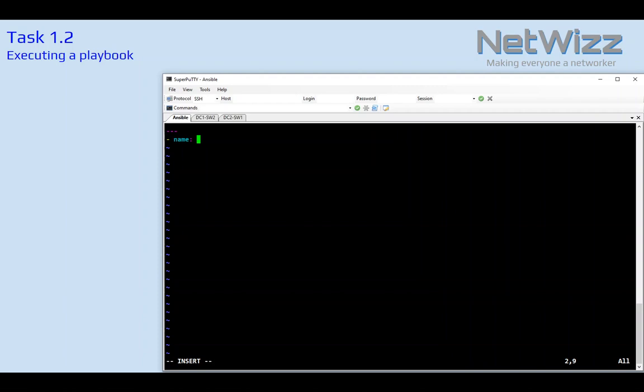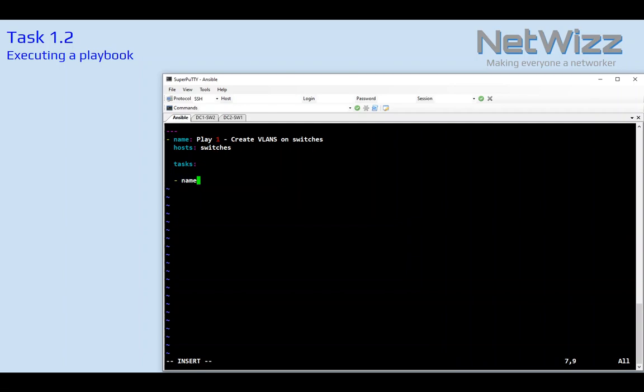So I'll give it a name, play1, create VLANs on switches. Hosts, I'll give it the host group, which is going to be our switches. And that name should correspond to some group in our inventory. And then we give it a list of tasks